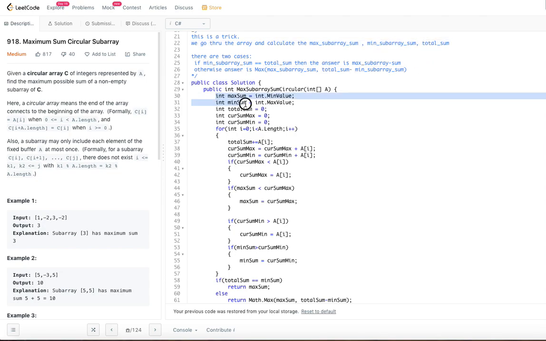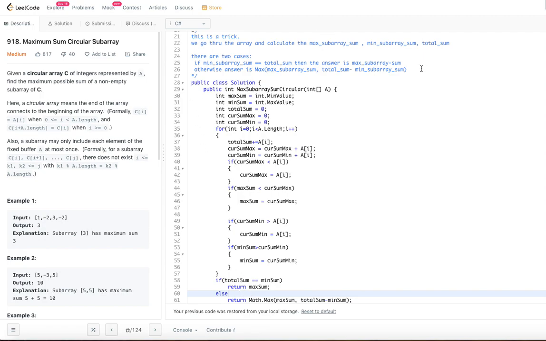Now we check these 2 conditions. Check if min subarray sum is equal to total sum. If total sum is equal to min subarray sum, just return the max sum. Otherwise, pick the maximum of max sum and total minus min sum. That will be the answer for us.